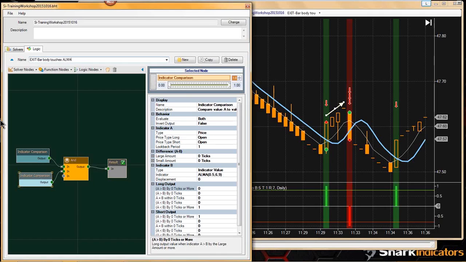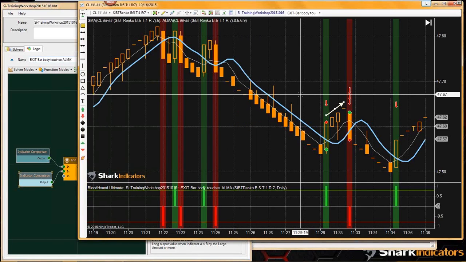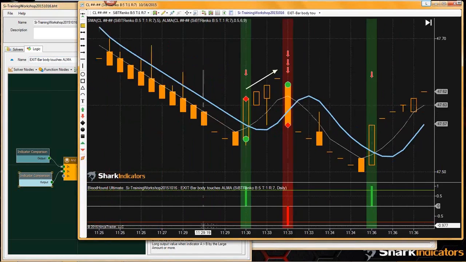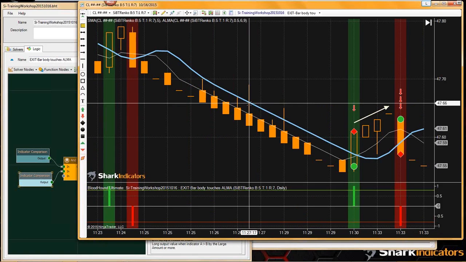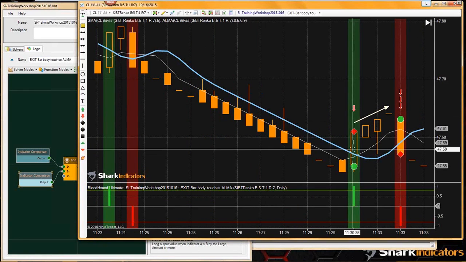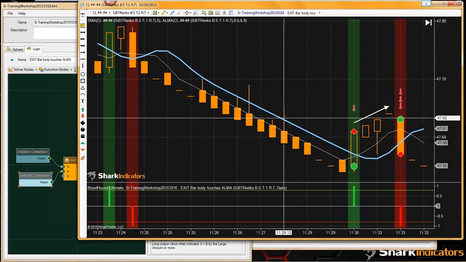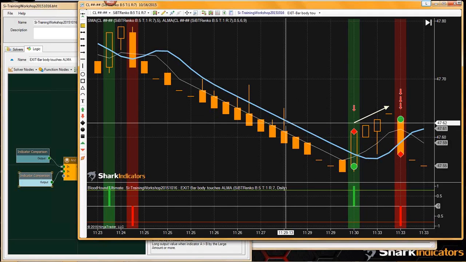What you're wanting to do is technically impossible. You're saying that you don't want to exit if the wick touches, but you want to exit if the body touches. Well, how do you know that the body's going to touch before the bar closes? You have to ask yourself, how do you know that the body's going to be touching before